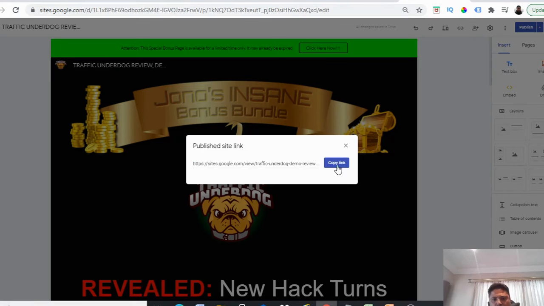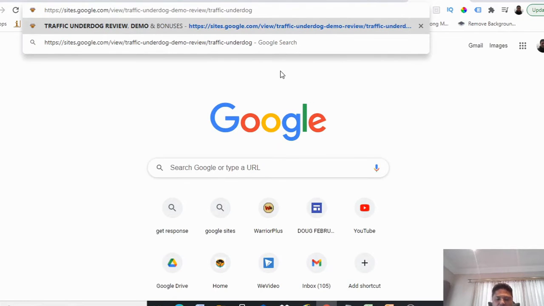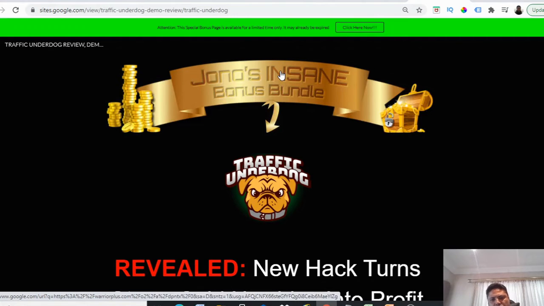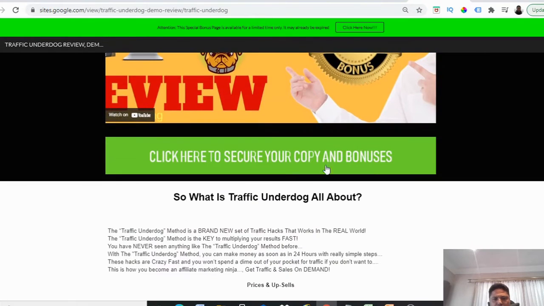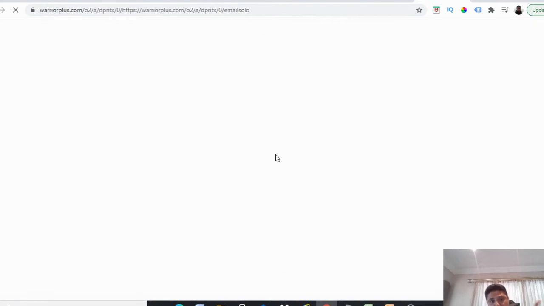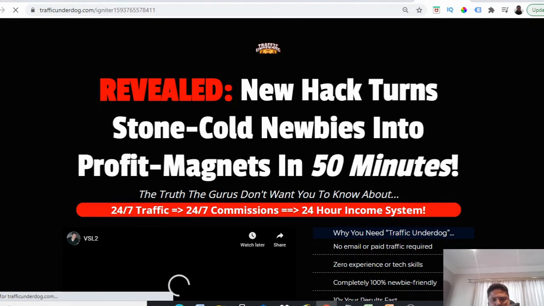Click that, copy link, open a new tab, paste the link in there. So this is basically where you're going to be wanting to drive traffic to. But what we need to do is go to the sales page. Like I said, we want to go and find what solution this product has to people's pain. All right. So once you click on the link in the bridge page of yours, you'll come across to the